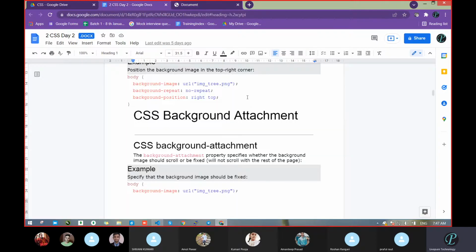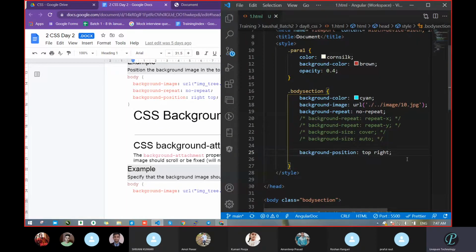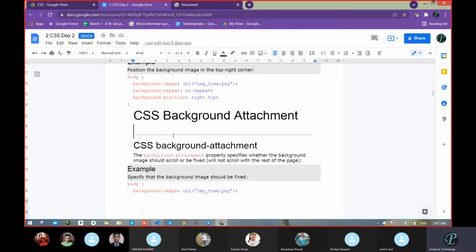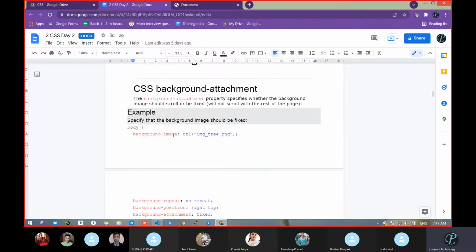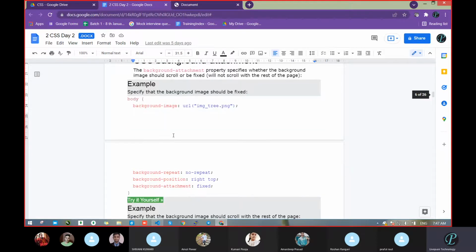Clear? Anyone having an issue? In position, we will pass it because we have to verify what value they have. We can't pass any value from our end. Whatever property and value they have, we have to follow their value, not our side. Anyone having an issue with the background position case? We can move our image that way to the right side and top. You can check one by one what the different values are, then you will get that idea.